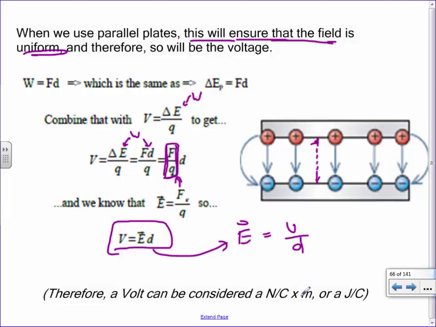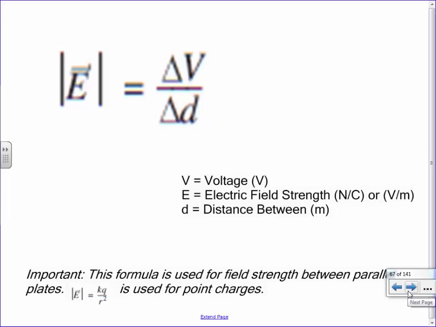So the other thing I need you guys to know here is that there's actually a third unit you can have for volts. Volts then can be your electric field strength, which is a Newton per Coulomb, times a meter. So that's actually another way of writing out its unit. You can do joules per Coulomb, or you can do newtons per Coulomb times meters. Or you can do volts. All of the same. So here's that formula.